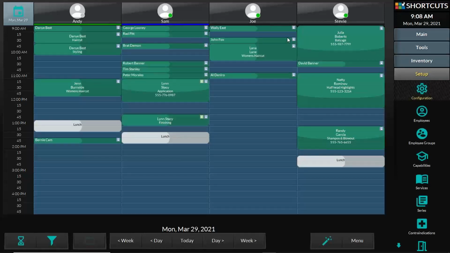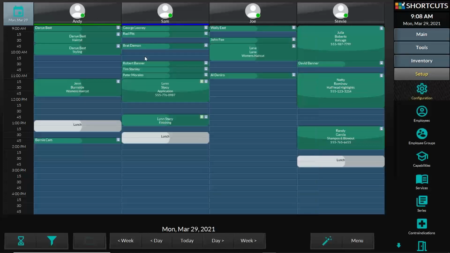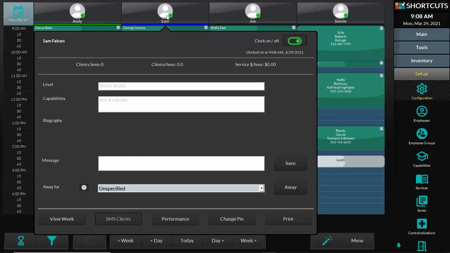So the staff doesn't necessarily have to go to the performance window to clock in or out. They can just press that button. So the little green dot lets me know the staff is clocked on, they're ready for work. If, let's say, Sam is going to go on a coffee break and he's going to be unavailable for a little bit,